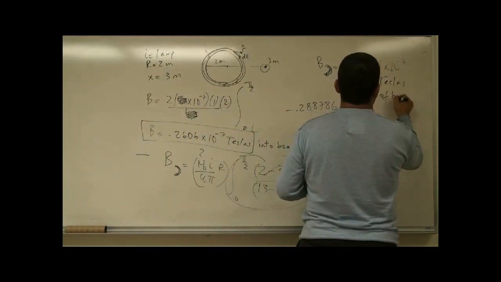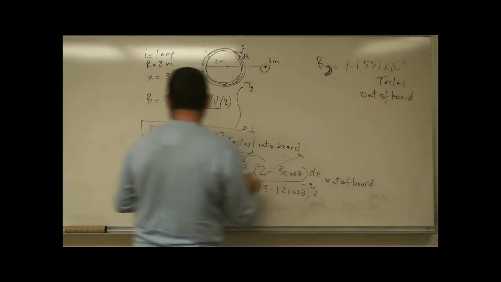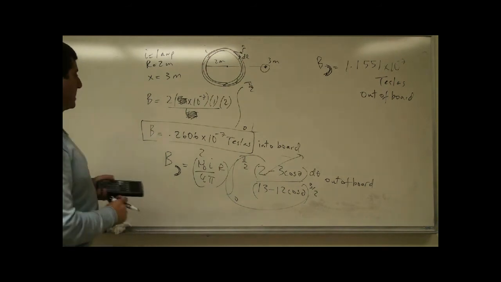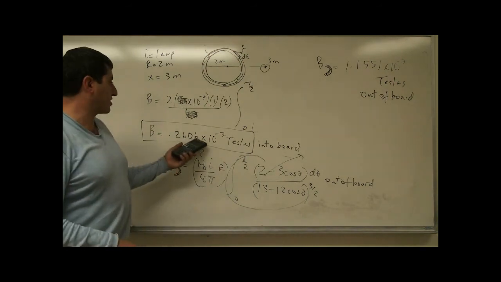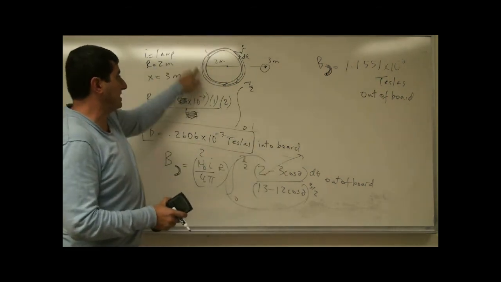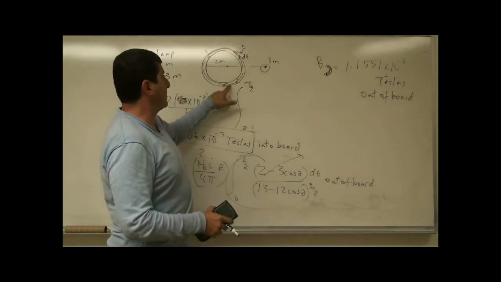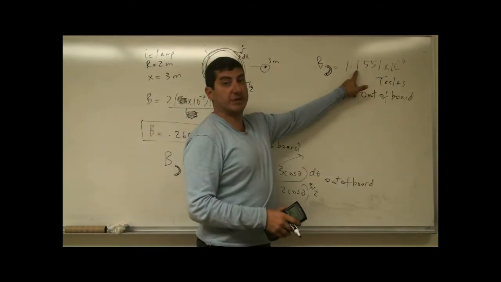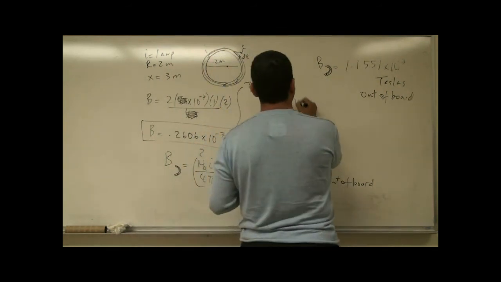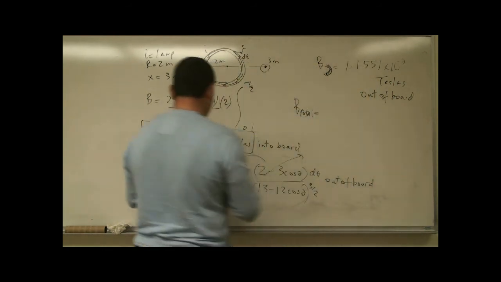Out of board. Okay? So what is the total magnetic field? So the total magnetic field is 0.2606 Teslas into the board was the magnetic field created by this side, right? And then the magnetic field created by this side over here was bigger, but it was out of the board. So the out of the board wins, right? So we have B total is equal to this